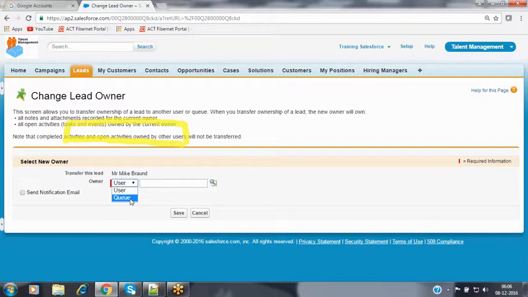So what exactly is a queue here? A queue is nothing but a location where all the pending records will be waiting.